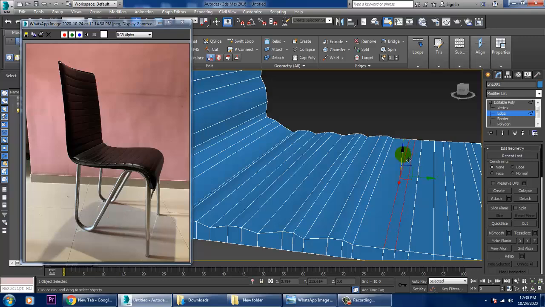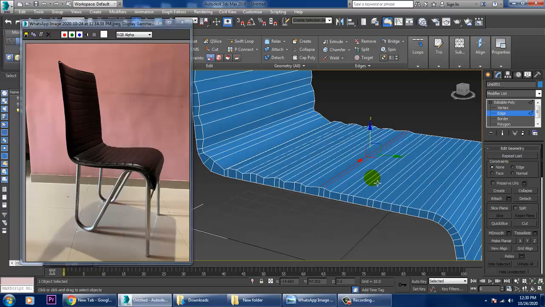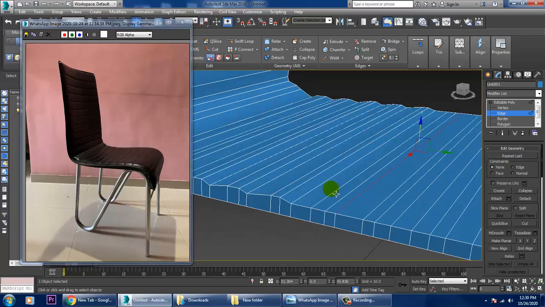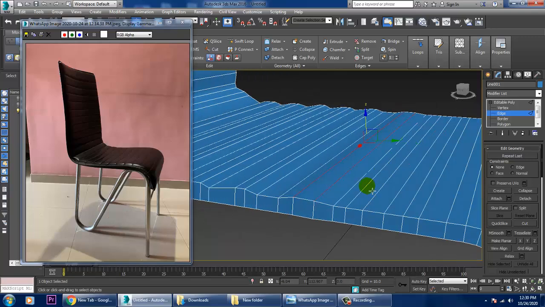We can slightly go with this. You can just push it up.